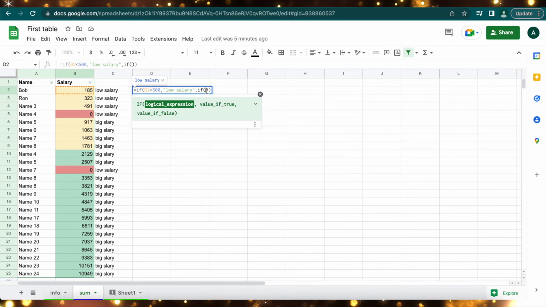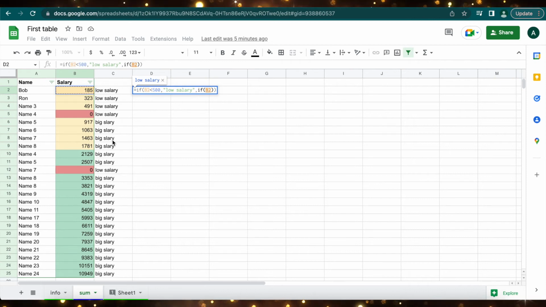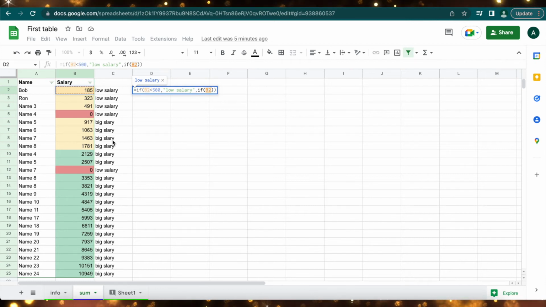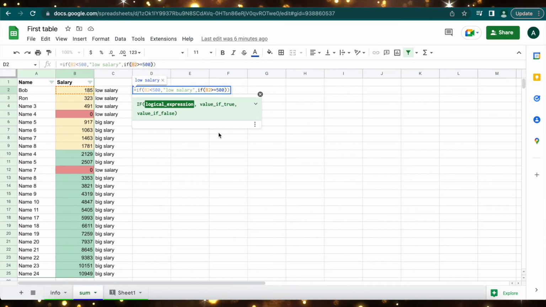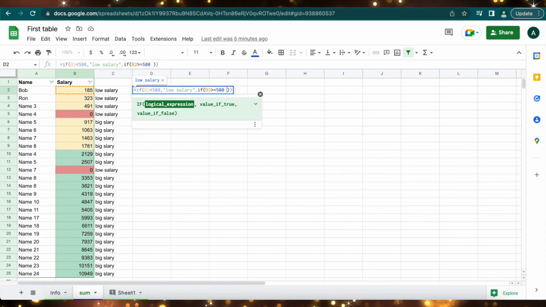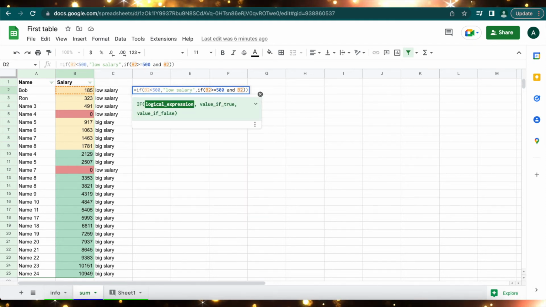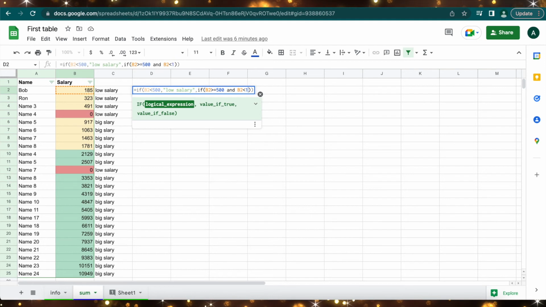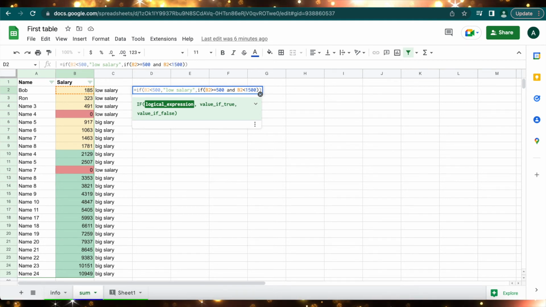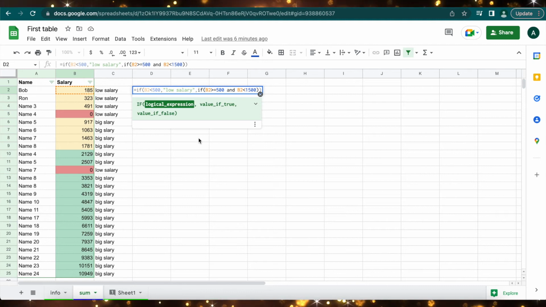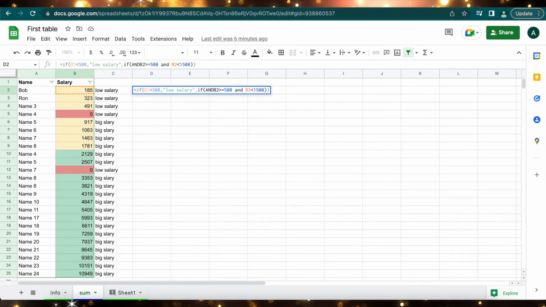In another situation, we look at this cell, and if it's more than or equal to 500, and in that situation I want to type AND, less than 1500, but it's a mistake because it has another structure. And I type AND